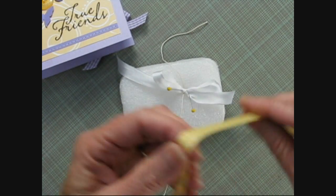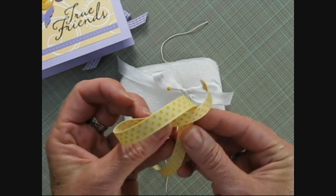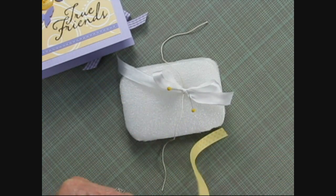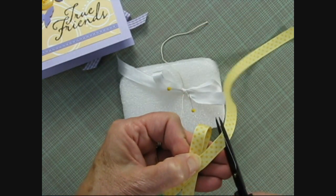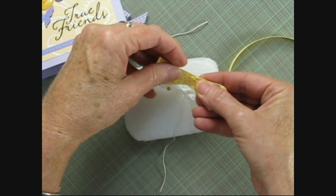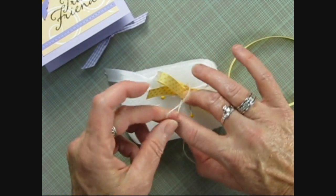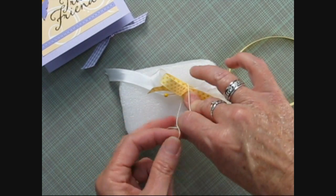So now I'm going to take the grosgrain and just kind of make a loop. And this is ideal for if you have a printed ribbon that's printed on one side. A lot of them are. You can make a loop like this, and then you can get the bow to where all the printed matter's on the outside. So what I'll do now is I'm just going to tie a knot, and this is where,